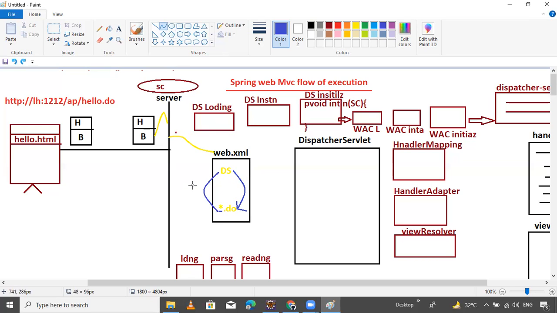If the request is there, dot do sends it back to the dispatcher servlet, guys.